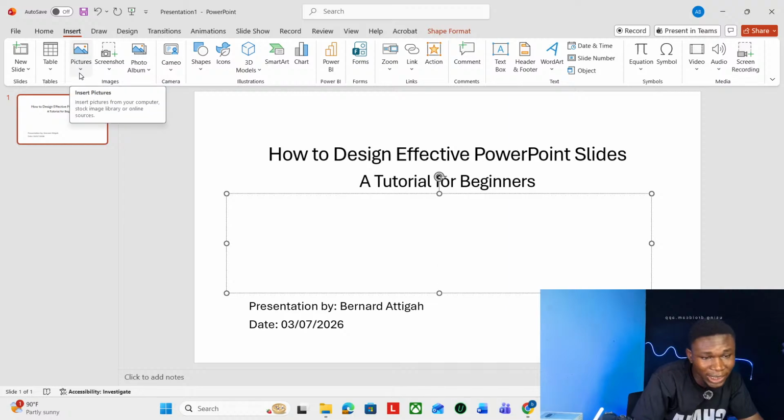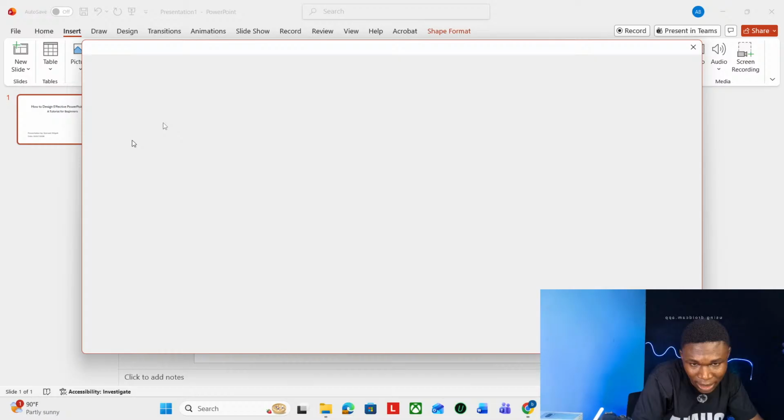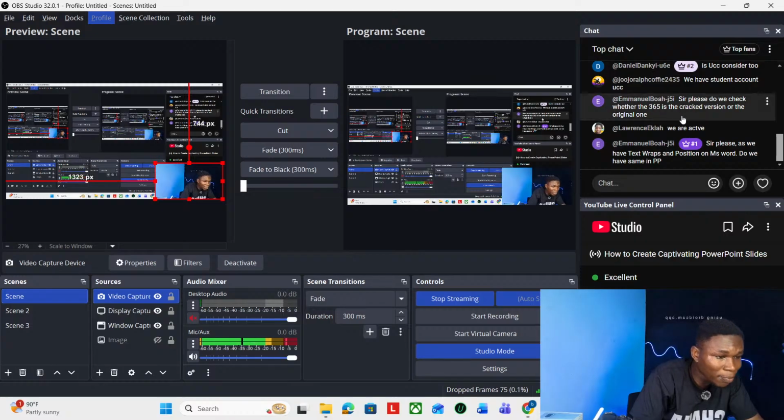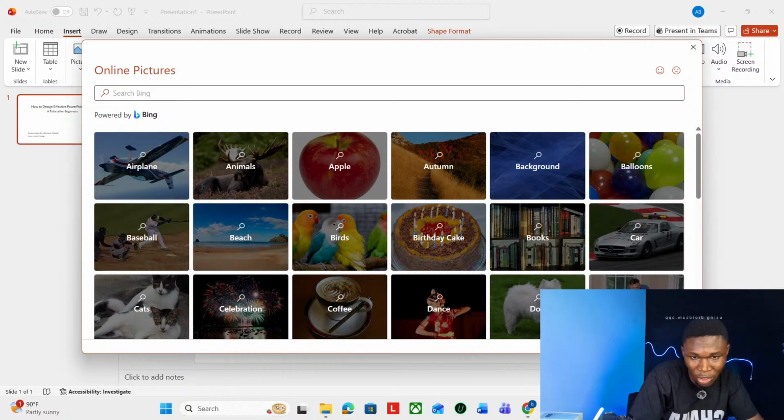I want to insert an image that speaks about PowerPoint slides. So I'll go to online pictures. Now a lot of people say that when you use the online pictures, you don't get correct pictures. I'll show you how to get correct pictures from this side. So I'll search PowerPoint